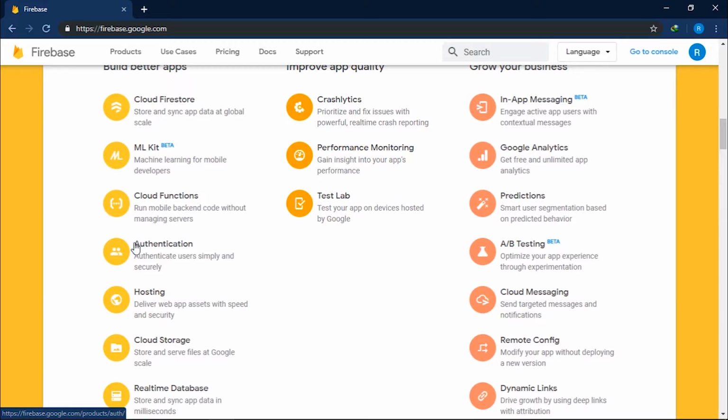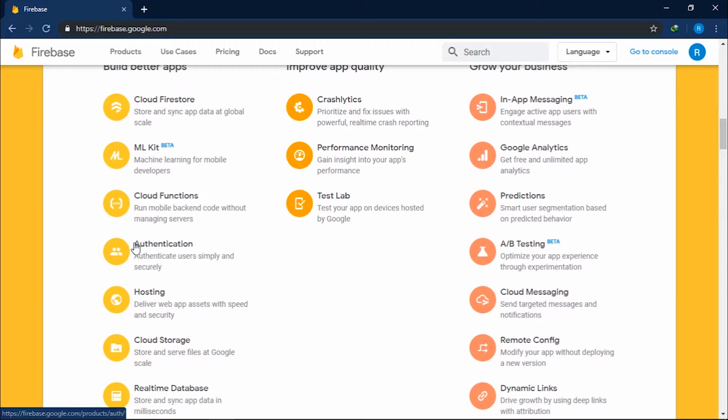Then we have authentication. It is a big hassle for small developers and small teams to manage all the data about the users that are pouring into your application, managing their credentials, securing them, resetting the password, sending out emails, and providing other means of authentication through auth clients. All of these are managed through encrypted services provided for authentication by Firebase. You can look into it in detail, as you will find that you can log into your app through Firebase authentication through a large number of means, and it provides a very rich library for managing user sessions and authentication.